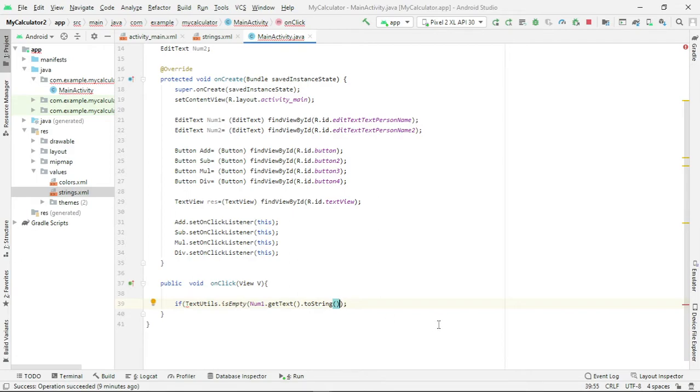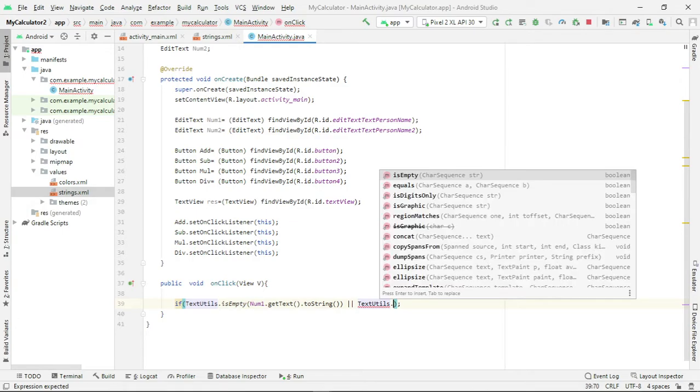What you have to check is whether num1 is empty or num2 is empty.